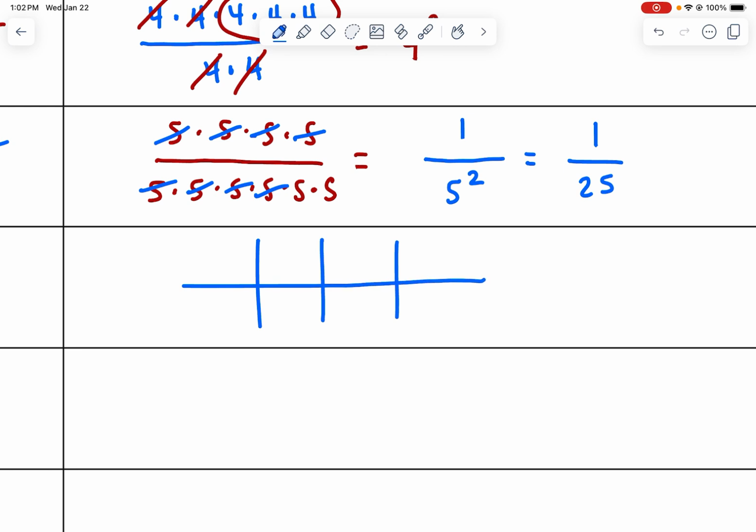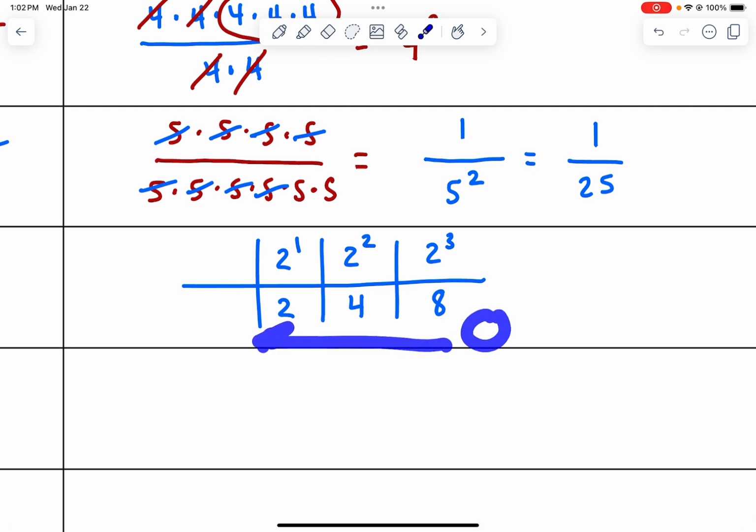And in this table, let's just say I start out with 2 to the first power. 2 to the first power is just 2. 2 to the second power is 2 times 2, which is 4. And then 2 to the third power will give us 8. One thing I want you to notice, though, as we go from the right to the left,